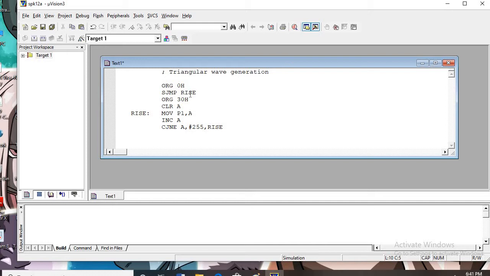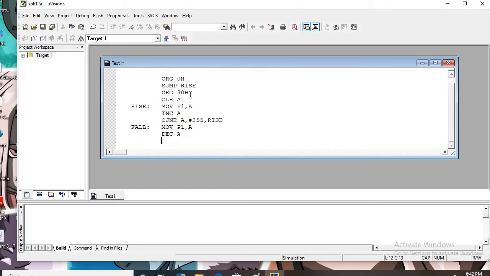Now here it will be for the falling portion. For the falling portion it will be move P1 comma A and decrement accumulator. For the rising portion we wrote increment accumulator.